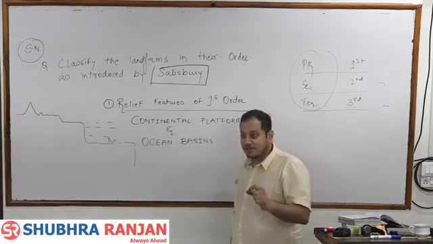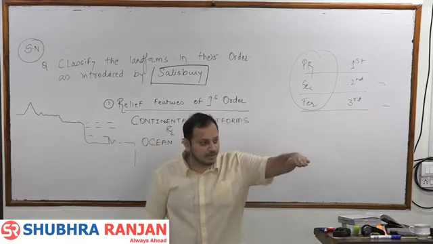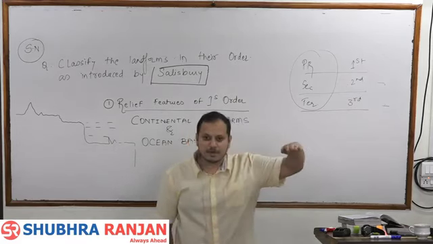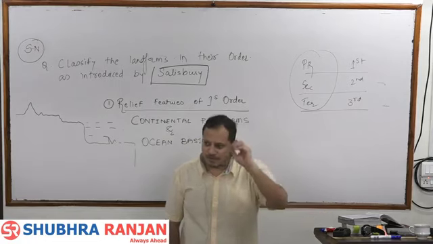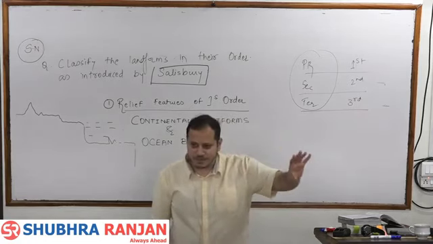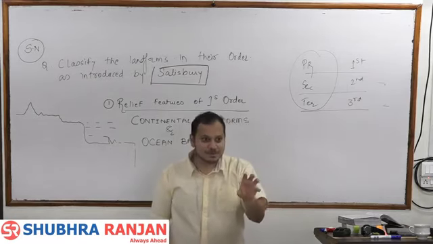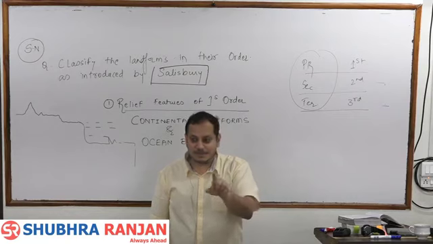Peninsular India is a first order relief feature. Peninsular India is one of the flattest lands, but it is a plateau made up of hard rock. Why? Because the second order relief features on top have been eroded over a period of time. Getting it? So peninsular India, but we will not write this as peninsular India because peninsular India is not